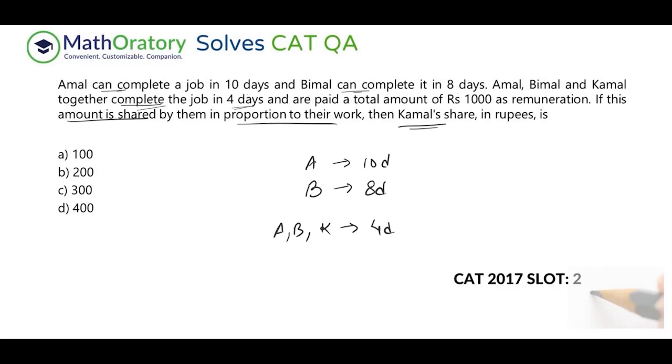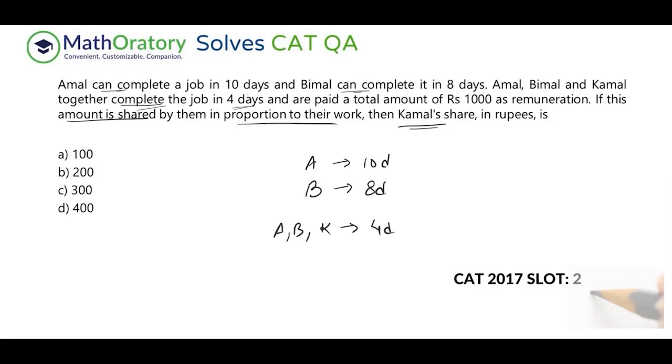Whenever this happens, the proportion of work done is simply the proportion of the efficiencies, isn't it? Whoever has more efficiency will do proportionally that much more work. Whoever has a certain other efficiency will do a proportionate amount of work in the same amount of time. Keep the time constant, and you would always have the proportion of work done as the efficiency ratio. So quickly, let us figure out the answer here.